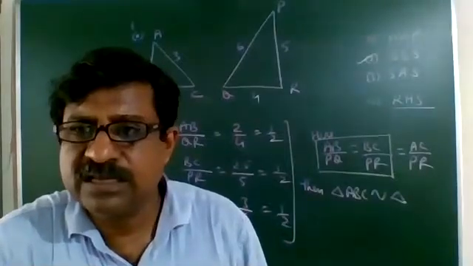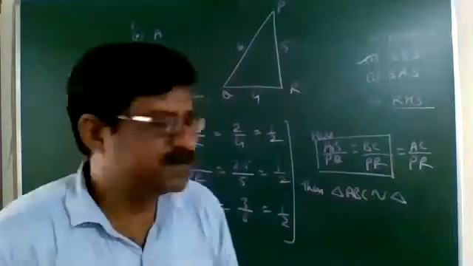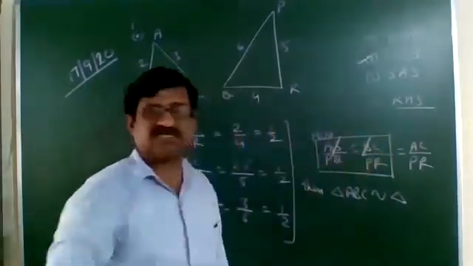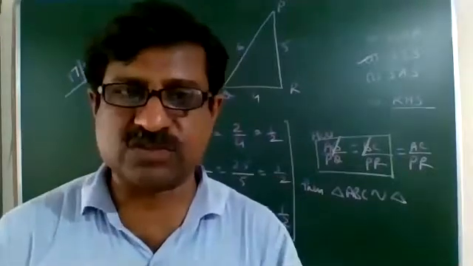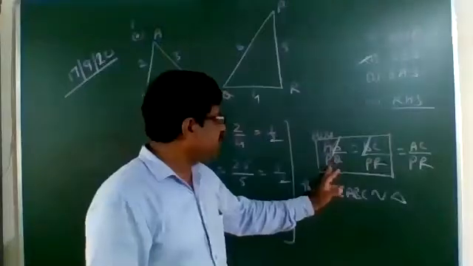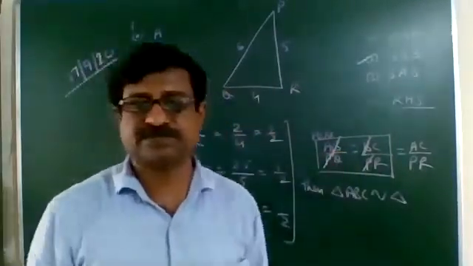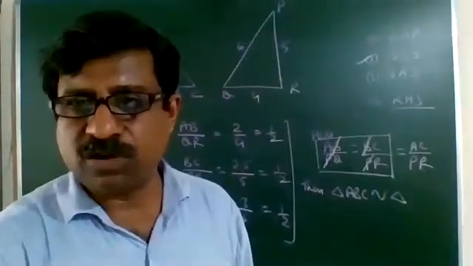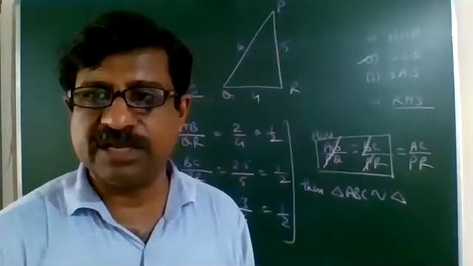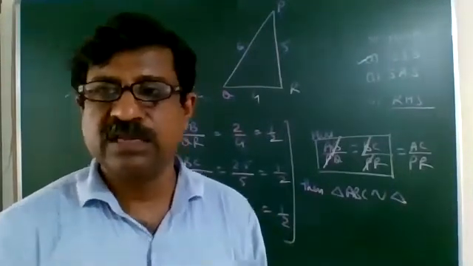Now after that, we cancel whichever is possible to cancel. We observe that B is common in both, therefore we cancel this B point. I explained this last time, so I think you have understood that. B is common in these two, we have cancelled B and B. And in the denominator, P is common, so we have cancelled P. Whichever is common in the first two ratios, cancel it from numerator and denominator, because we are going to name the triangle which is similar to ABC.